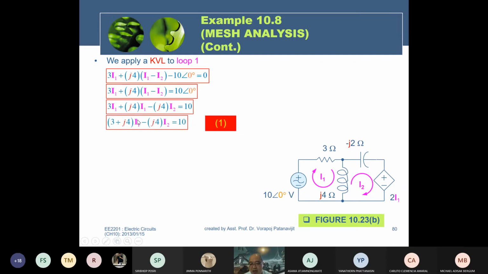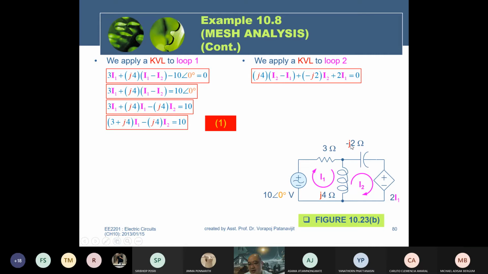Reorganize the equation so that I1 has a constant coefficient, maybe complex, we don't care, and I2 has a constant coefficient, equal to the constant. Now for mesh 2, here is the plus source, right? Therefore, equal to 2 I1, plus 4j (I2 minus I1),